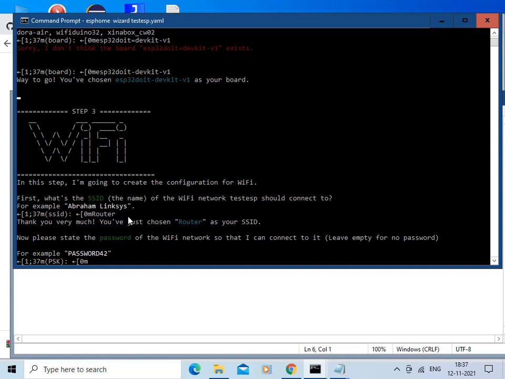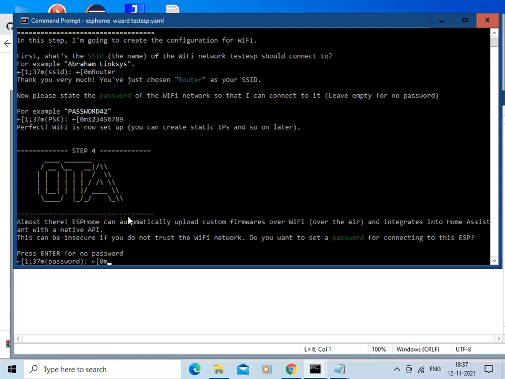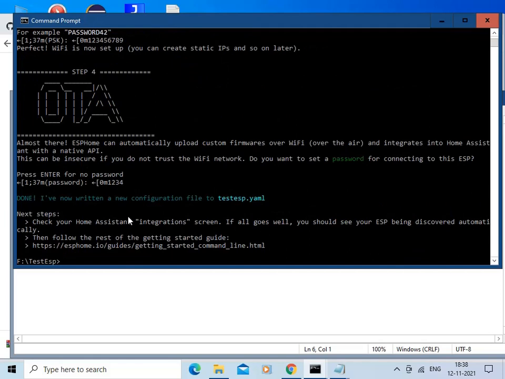I am going to enter the password of my Wi-Fi network. We should set a password here for connecting to this ESP, that is 1234. So our configuration file testesp.yaml is generated.